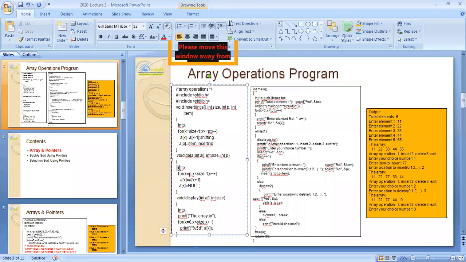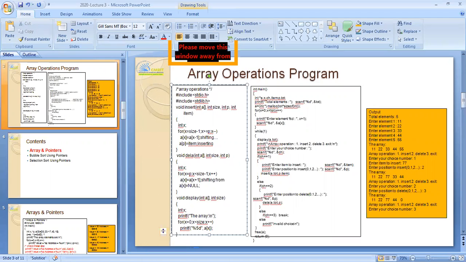Keep in your mind, you are deleting the element from a specific location. So see here. Once you delete the element, first you have to go with shifting. Once a middle element is deleted, there will be empty space in the middle.